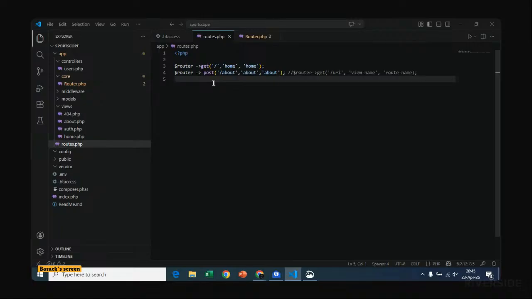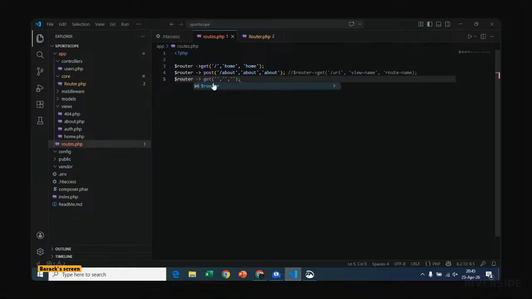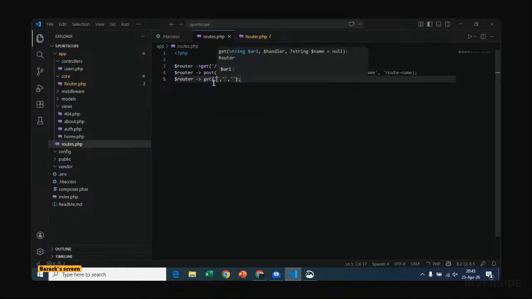So we shall proceed by saying router. Again, for the contact page, we say get shows the form, and then the post handles the submission, all done within our own route.